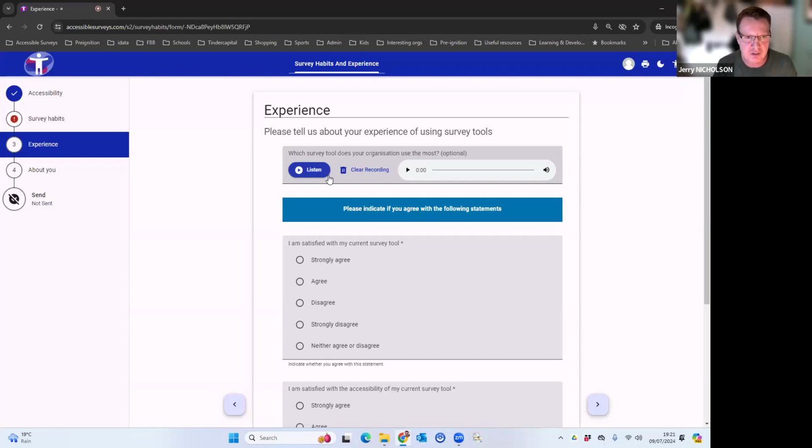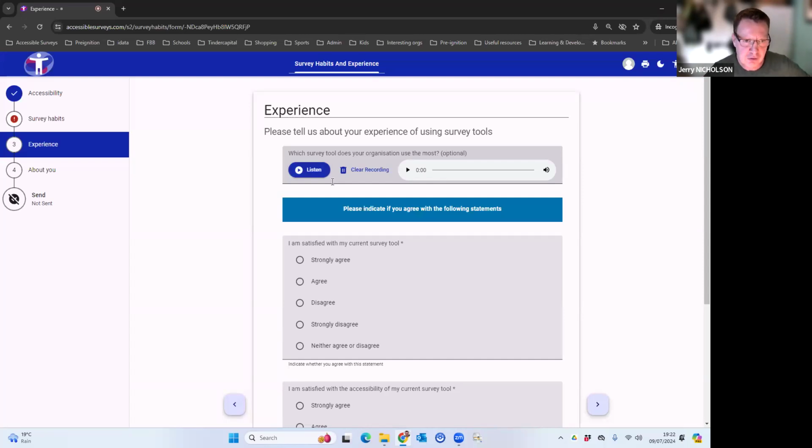There are just a couple of other things to mention about the experience for a survey respondent. I mentioned that it is a multilingual platform, so you can make your surveys available in multiple languages. You can generate separate survey links for each language, or alternatively, you can share a single survey link, and then the first time a respondent selects that link, a language menu will appear, and once the language has been selected, the survey will appear in that language.